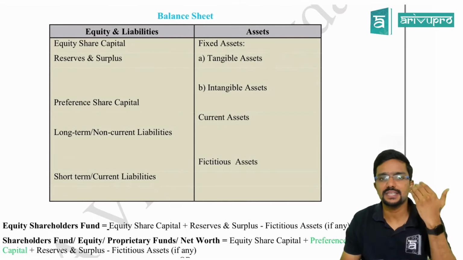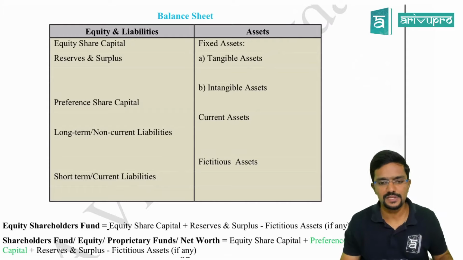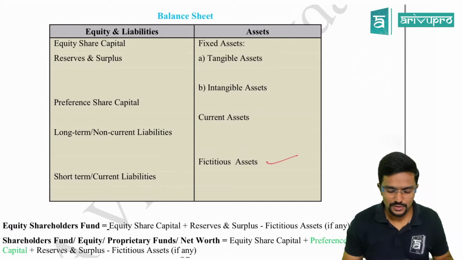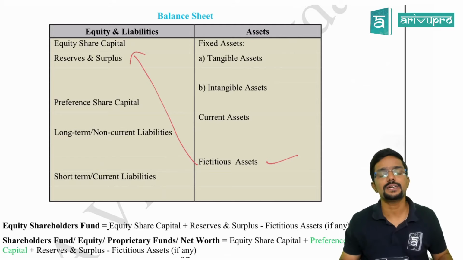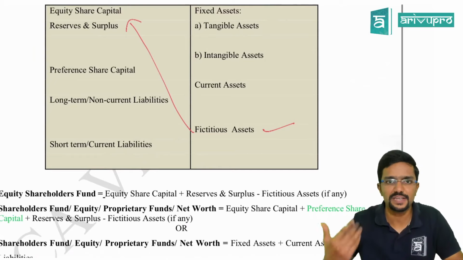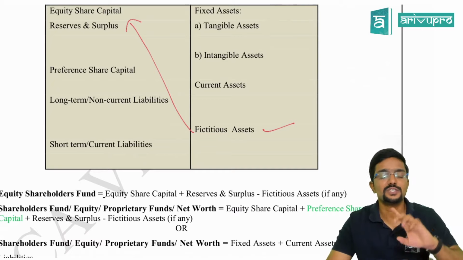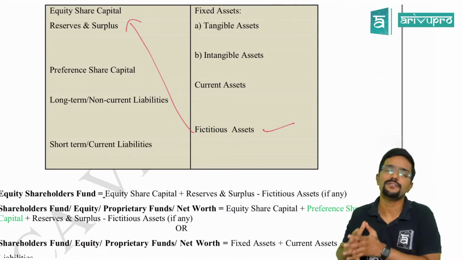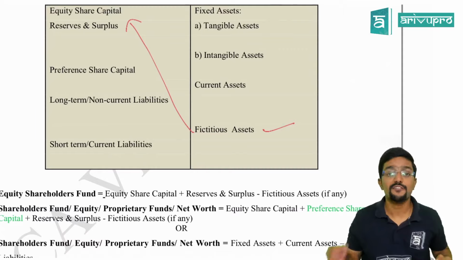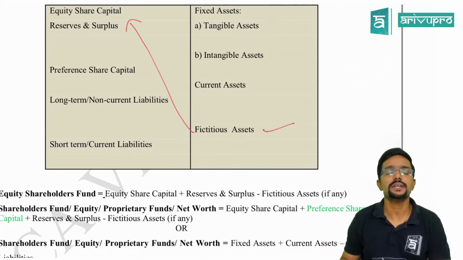Then coming to the asset side, fixed asset, which is nothing but long term asset. Under that there is tangible, intangible. Then current assets, which is short term asset. Then comes fictitious assets. Fictitious assets actually is not an asset, but it belongs to equity shareholders. What will come under fictitious assets is like P&L account debit balance, that is if there is any loss, or else if there is anything called miscellaneous expenses or preliminary expenses, which is not yet debited to P&L account, it will be shown under fictitious assets. Clear? And normally we reduce it in reserves and surplus. If by chance it is separately given as fictitious assets, we have to reduce it while calculating shareholder fund.